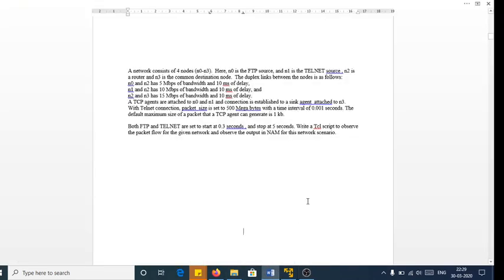Hello everyone. Today let us take up the next programming example, a simulation programming example in NS2. Here is the problem statement. It goes like this: a network should have 4 nodes. Let me divide the problem at the same time. So here the network should have 4 nodes, and those nodes should be named N0, N1, N2 and